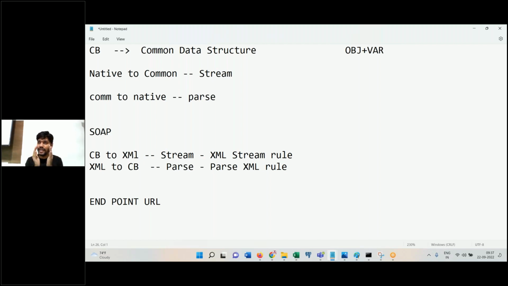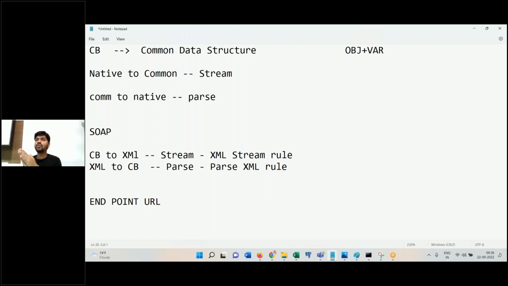Whenever you want to consume a web service, you need to ask the service provider, what is the endpoint URL? Give me. First thing. And let's say I am the service provider. I created a web service at my end. I want to expose this service to the outside world. What should I provide them? Endpoint URL I should give. This is the endpoint URL, take it and consume. This is the first case. And the second case is,